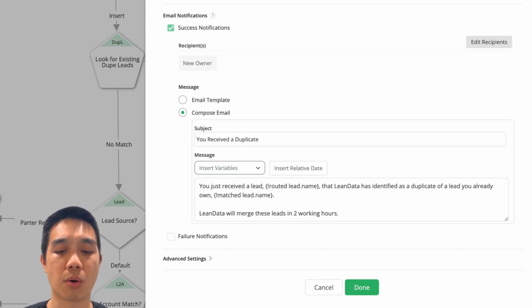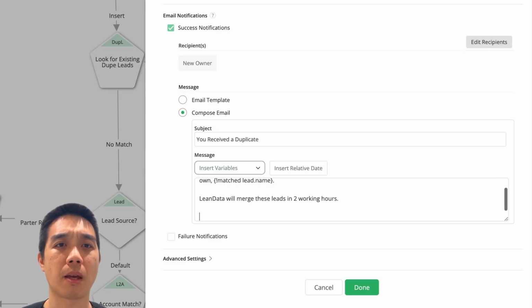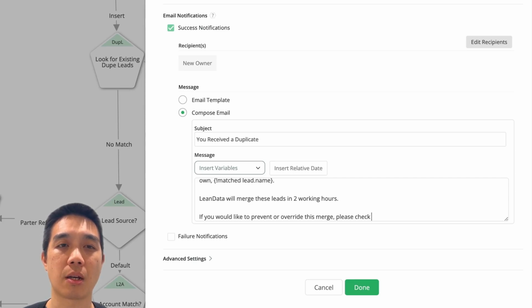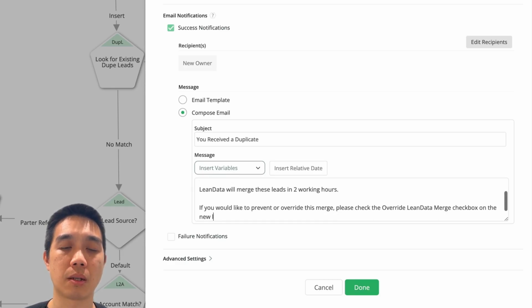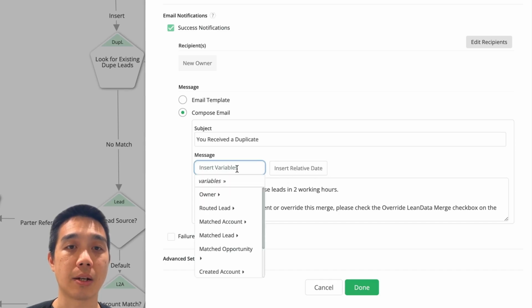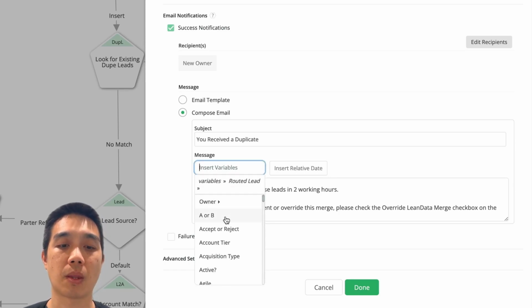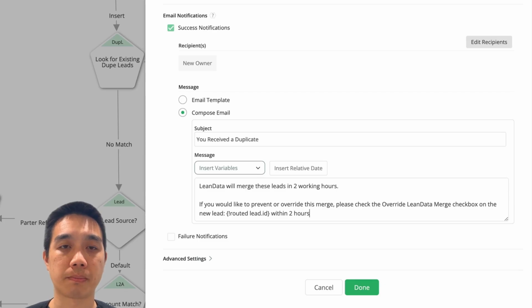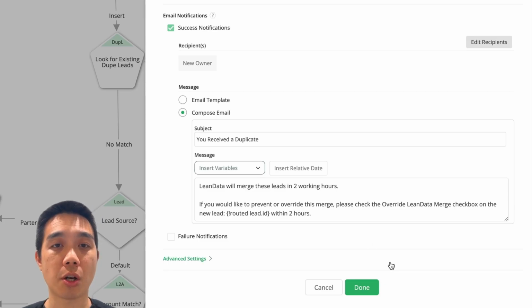Okay, and one more sentence here. If you would like to prevent or override this merge, please check the Override LeanData Merge checkbox on the new lead. And then we can just drop in the routed lead's ID here within 2 hours. Okay, once we've finished our message here,